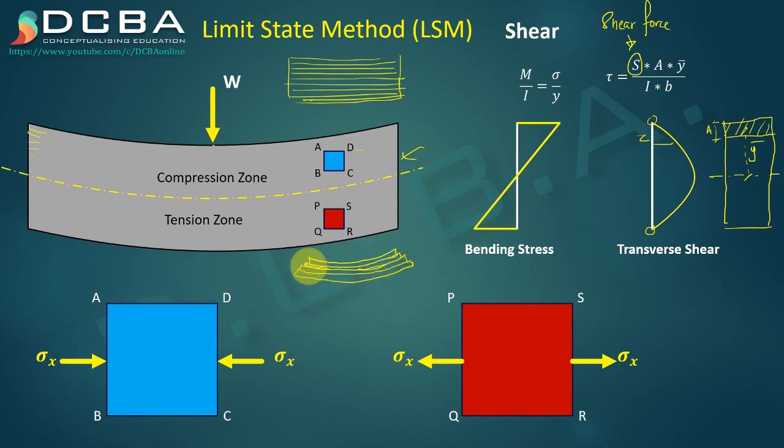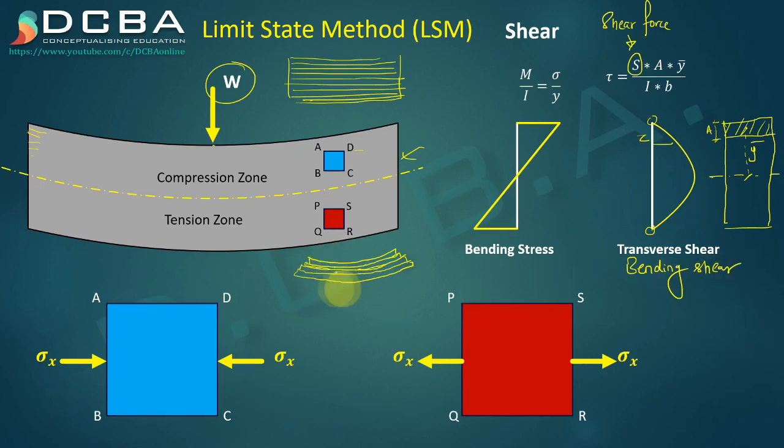What is actually happening is that there is some shear between individual layers, and that is this transverse shear we are talking about. This is not the direct shear stress that you have been learning, which comes due to the load. No, the other name for this is also bending shear.